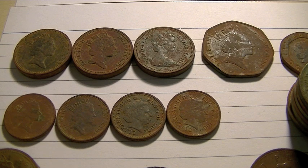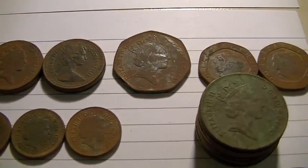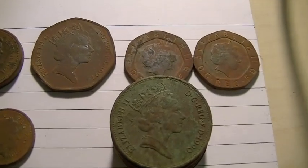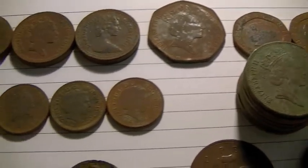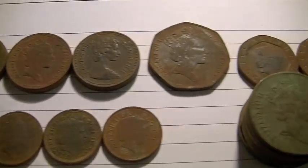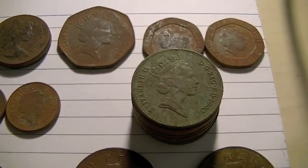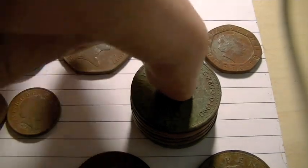I was also able to get some clad coinage, and as you can see there at the top there are £3 coins, the 50p that can be spent, two 20p's up there, 4 5p's. They were all in the same hole, along with a £1 coin, the 50p and the two 20p's, and that included one of the 2p's. All of these are copper. There are 8 of these copper 2p's,